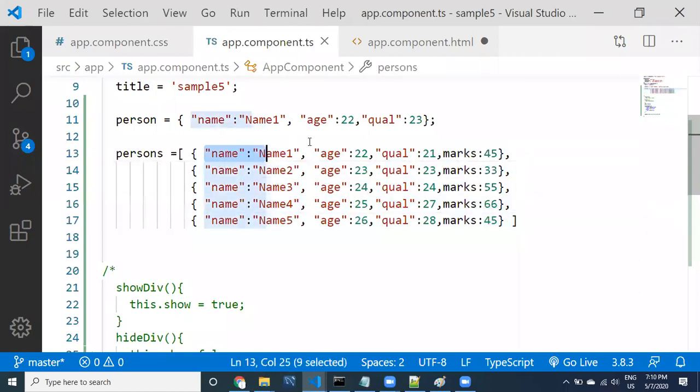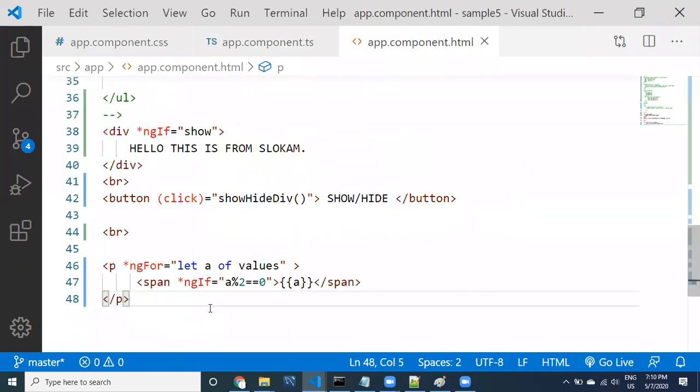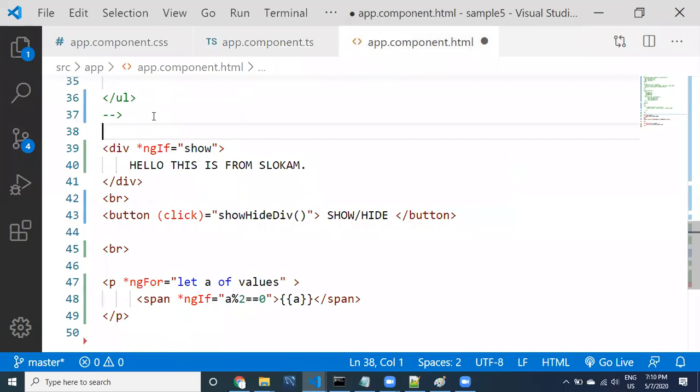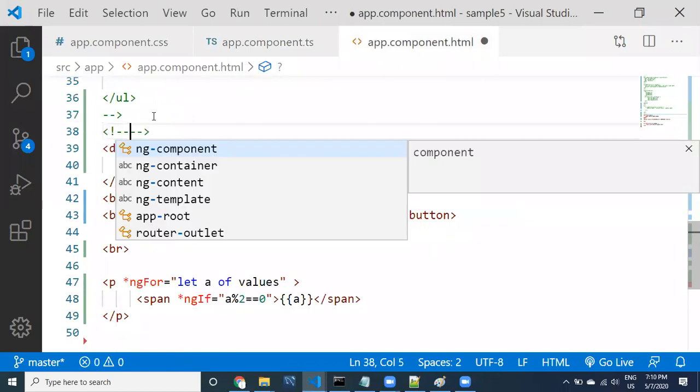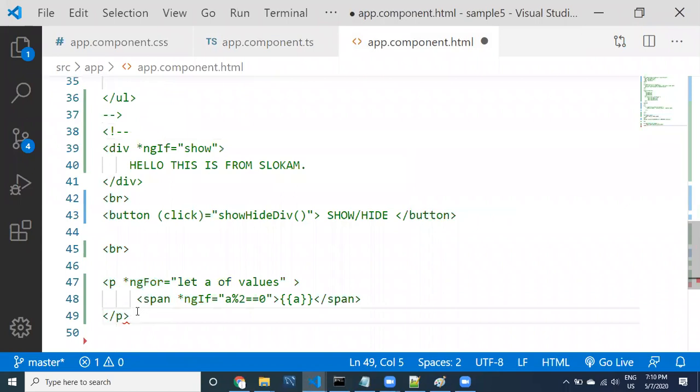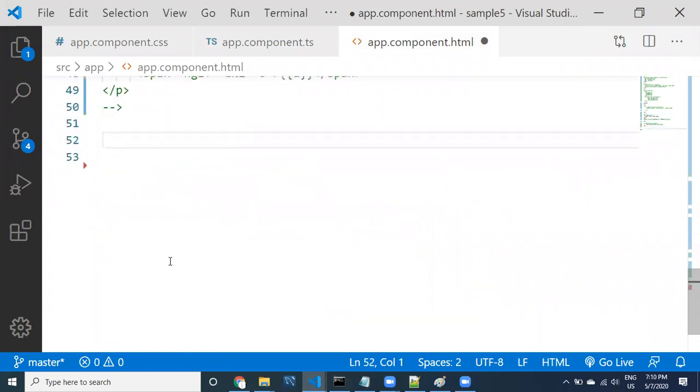and then if this person is more than 35, I have to display the result pass. If this particular person is less than 35, I have to display fail. For that, if it is fail and pass, I have to display the result. Let me display the first one record. Let me comment this code. I don't want all this code now. For reference purpose, I'm going to keep this. I don't want to delete all this code because I have to share this code to you people, right? That's why just commenting the code.